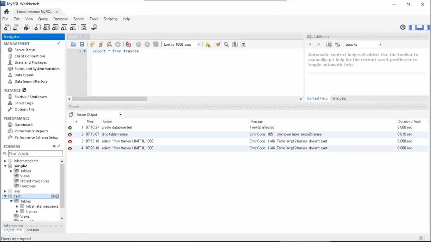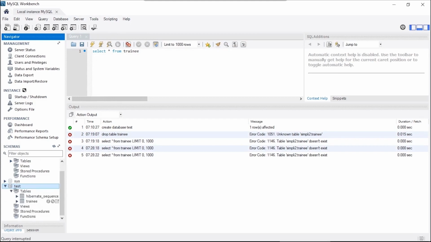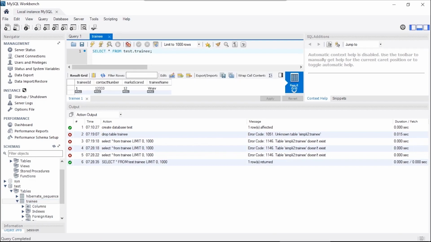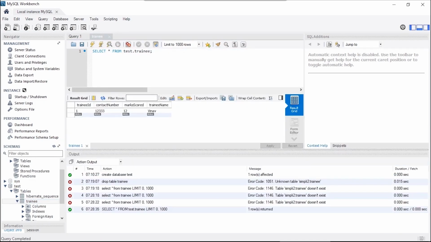Let's select the test database. Okay, and there you see this is the record with the ID automatically generated that we had actually inserted from the backend.